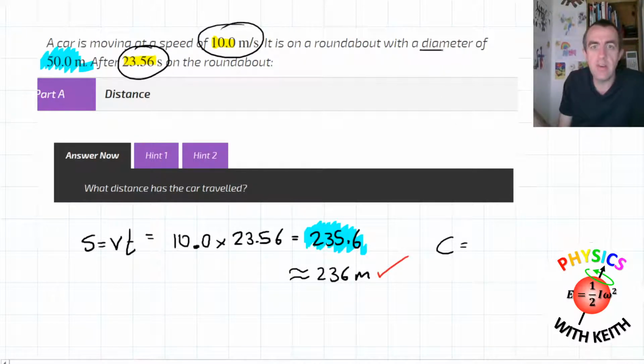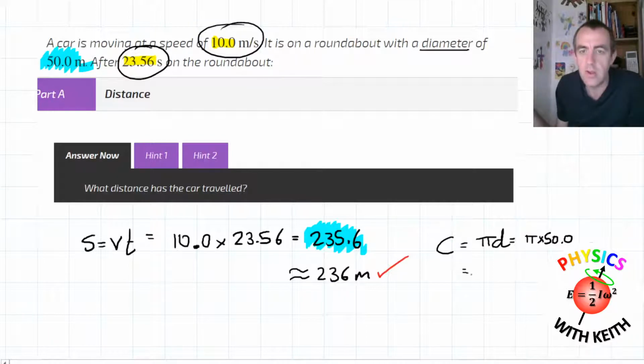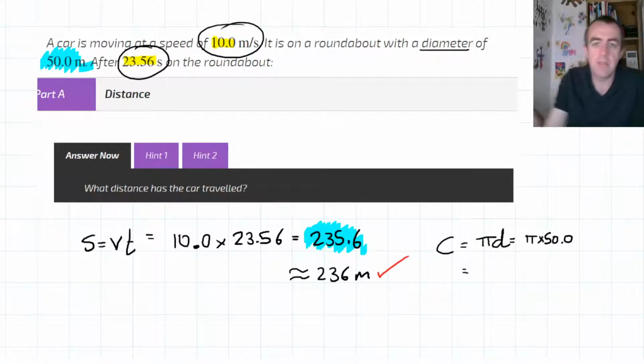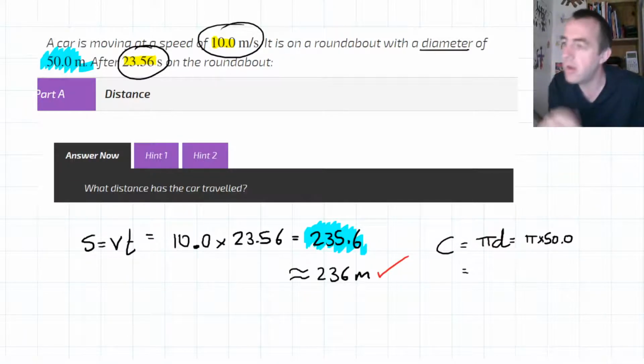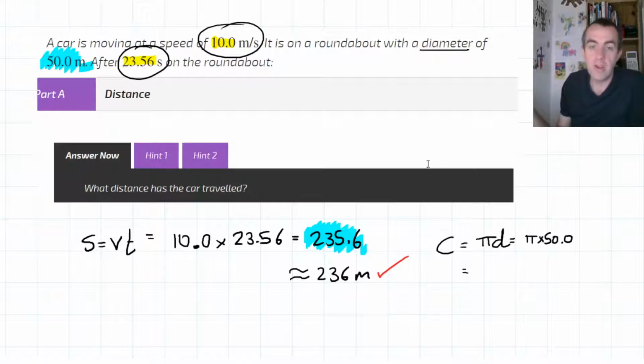We've given the diameter of d, so pi multiplied by d is going to be, well, pi multiplied by 50.0. Does that fit on the screen there? It might just be hidden by my logo. When I scroll, it'll be okay. Or I can just turn my logo off for a second, just while I'm writing. So pi, so you take your calculator out, you type it in, you don't have to remember pi, you can just type it in, multiplied by 50, and that gives us 157.1. So let's get my pen out,